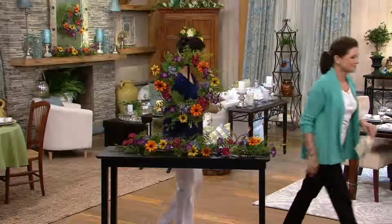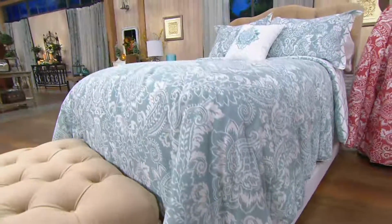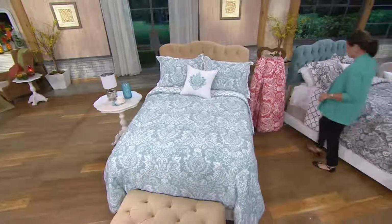Perfect. So this is a clearance price on a 4-piece designer bedding set from Valerie. It's that custom bedding look for less. It's under $100. And we have 3